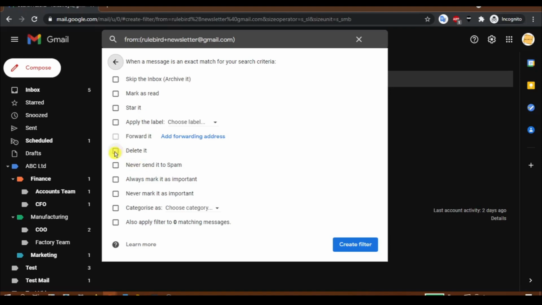If you don't want to receive any newsletters you have given the email ID for, you can delete them directly. You can mark it as important. You can choose the categories as well. So once you have different email IDs, all the emails will be forwarded to your one email ID, but since you will have different email IDs, you can use them to filter, delete or skip as you like.